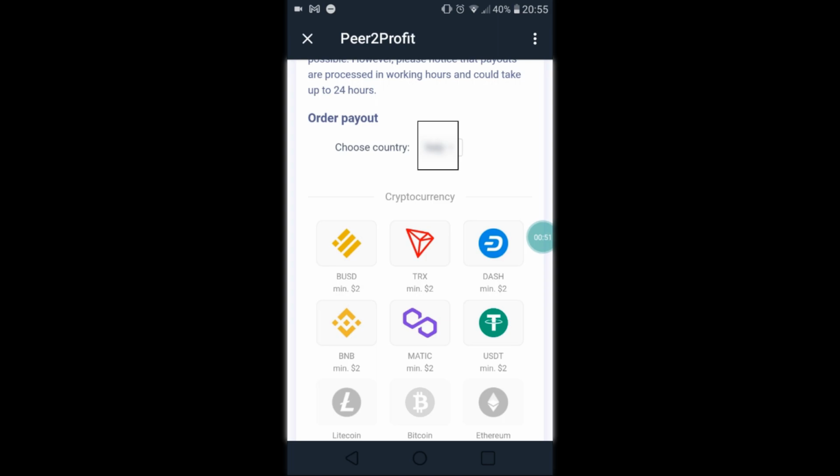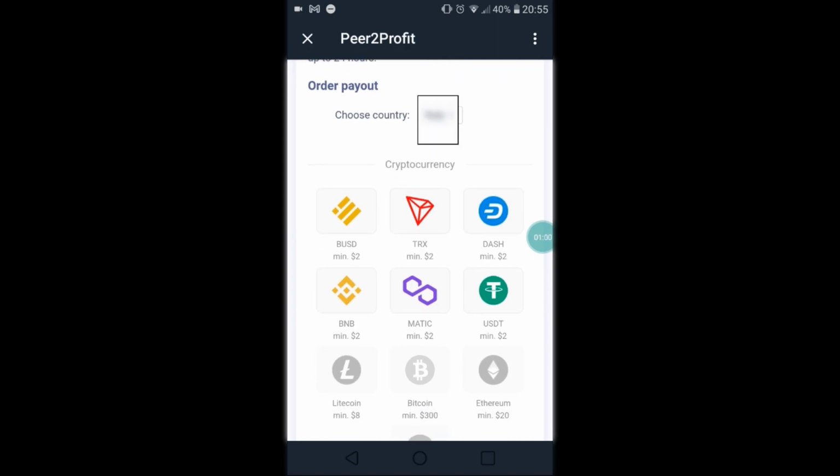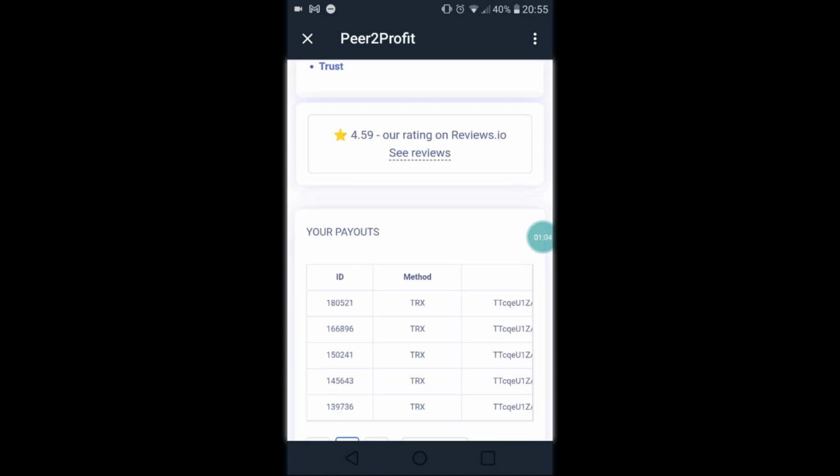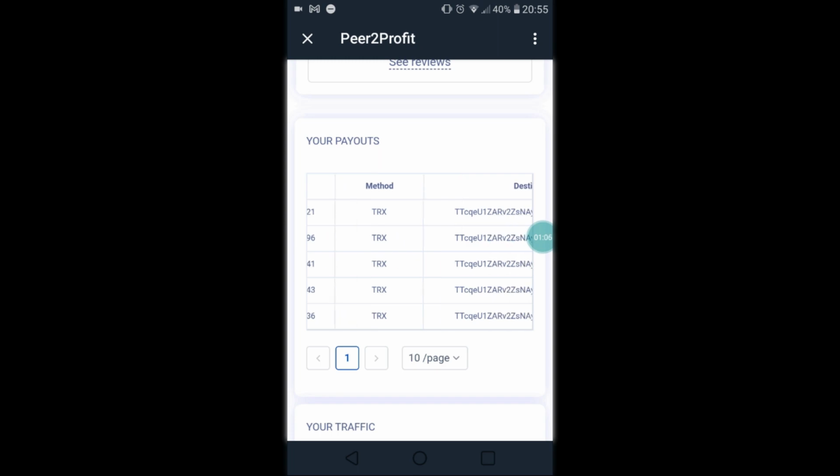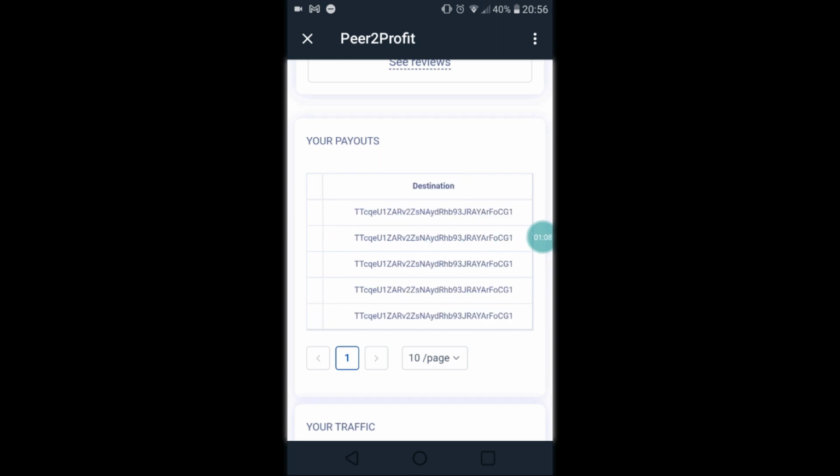And then you have to choose the withdrawal method. I reached a few more than $2, so I can choose whatever of these 6 methods here. Given that previously I already withdrew Trons, I will use Trons this time too. Of course, I need to copy the address. Select here